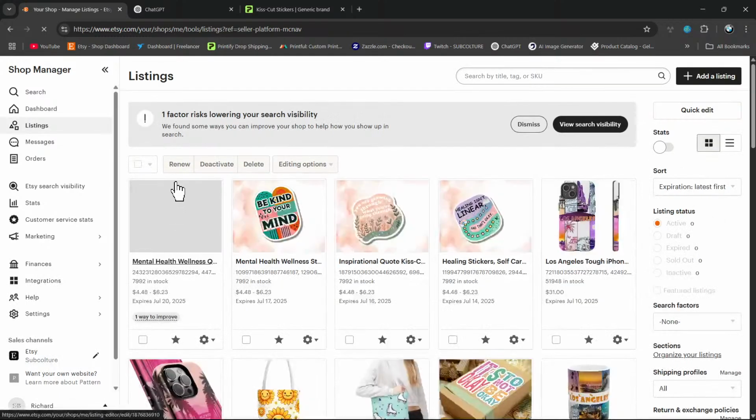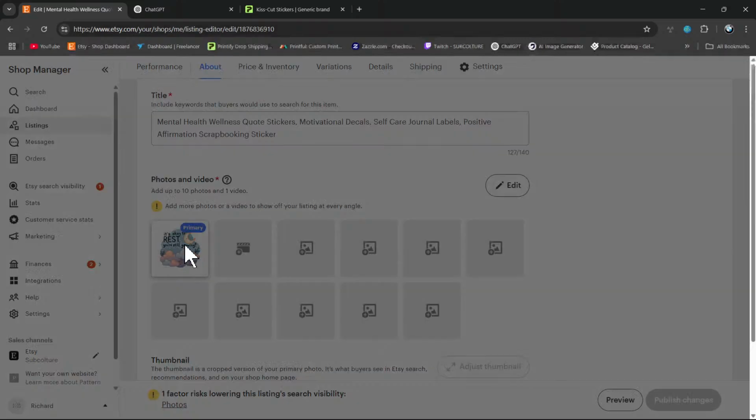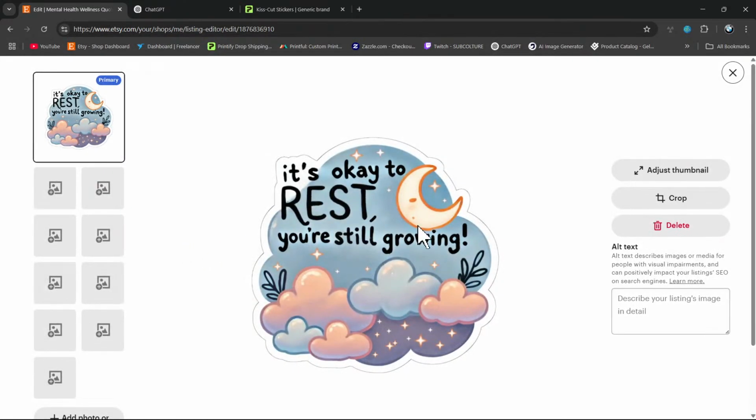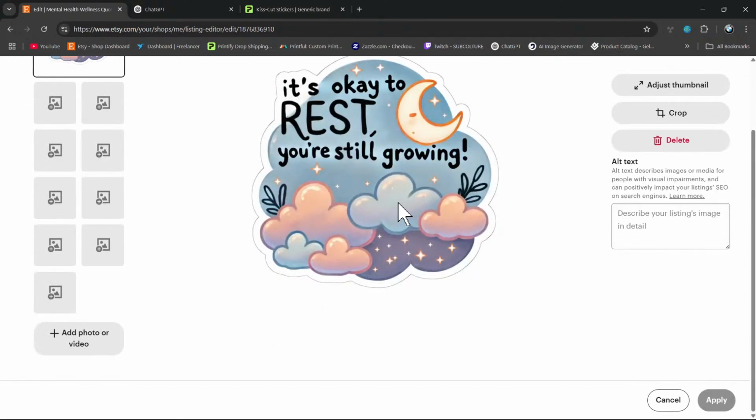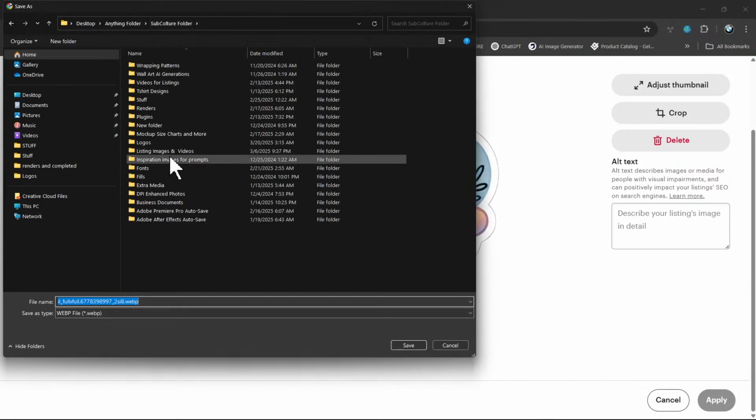Let's see if it's loading. Yep, it's loading. And go here. Let's see if we can grab this. Okay. It doesn't let us grab that, but we're gonna drop it into